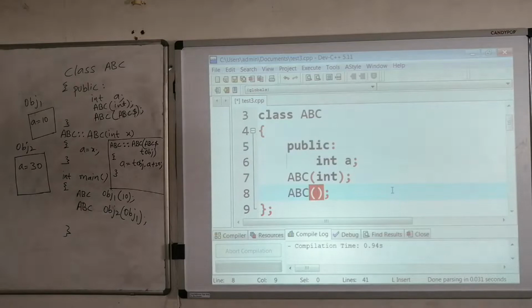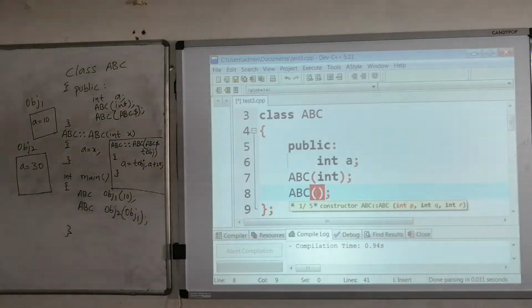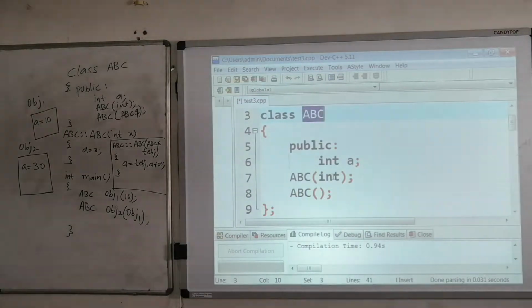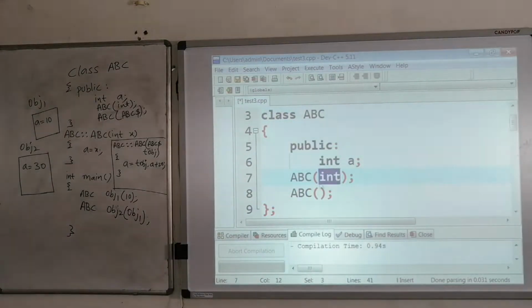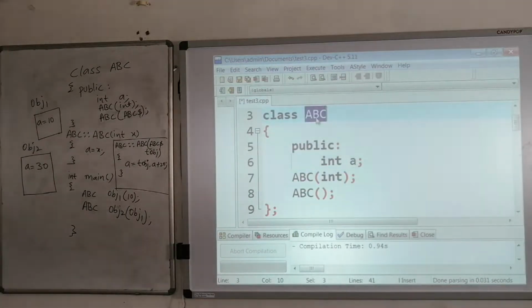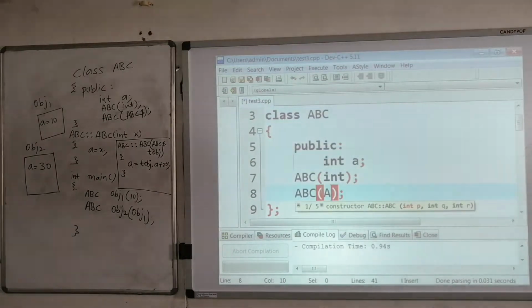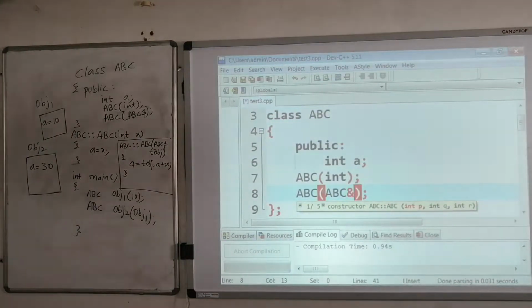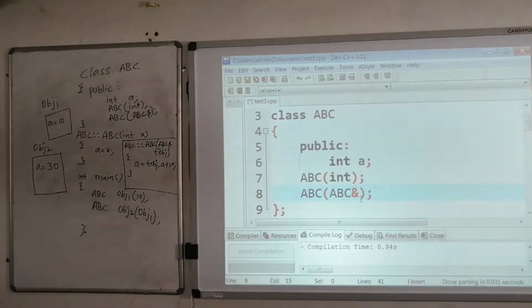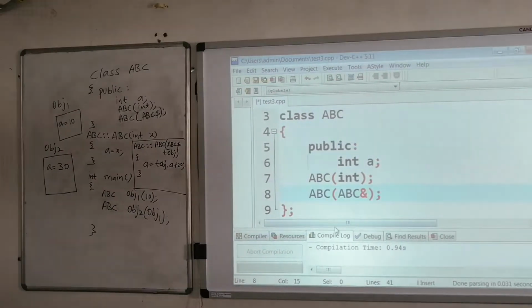So for the copy constructor, what I am going to pass as a parameter is an object of this ABC class. If I am going to pass an integer variable, I mention it as integer. If I am going to pass an alias of an object of ABC class, simply mention ABC class alias. Clear? I am going to pass the alias to ABC class. That is nothing but my object.